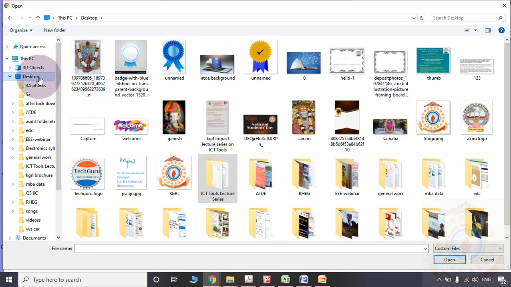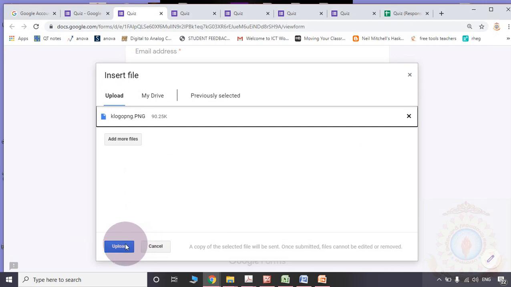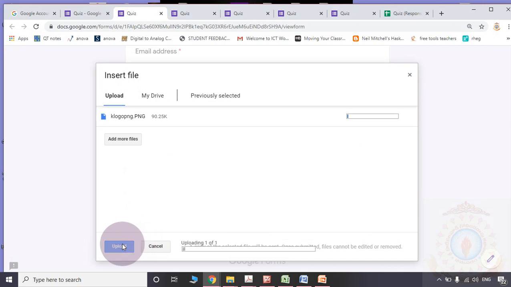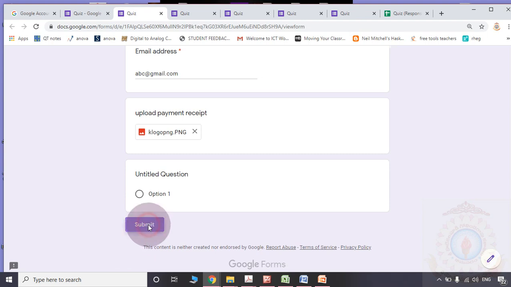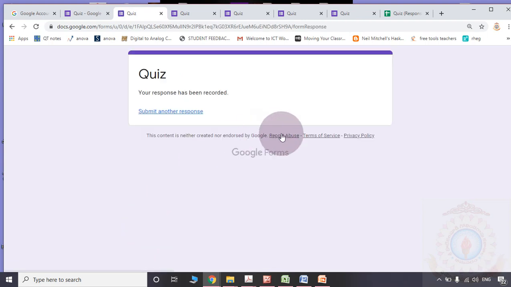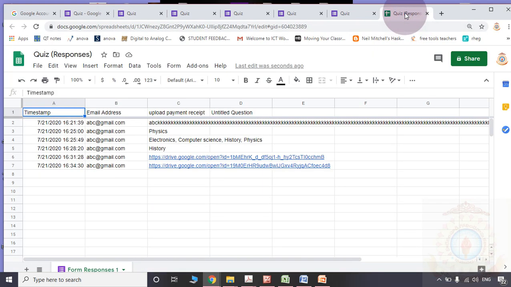Whenever I am clicking the desktop, all the possible images are appearing here. I am selecting my KJRL College logo. I am submitting my form. I am getting the response.